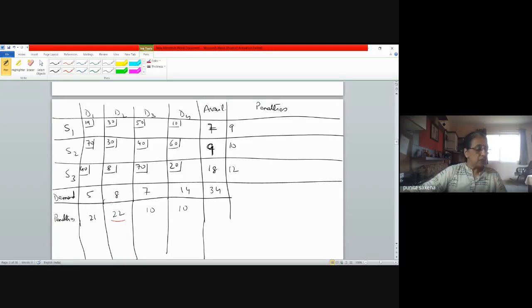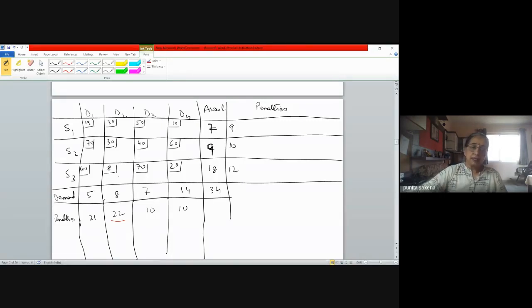That means for us, 22 happens to be for a particular column. So when I said select the row or column with the largest penalty, in this case, it is a column. I have selected a column that has the largest penalty. Now in this column, look for a cell that has the minimum cost. And how much is that? This cell, S3D2. We allocate as much as possible here.